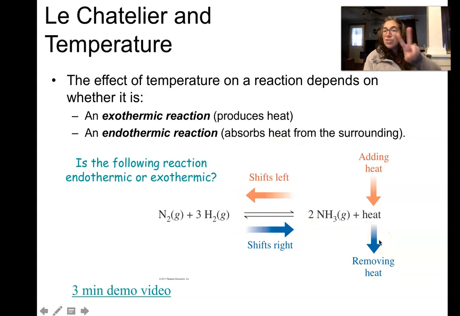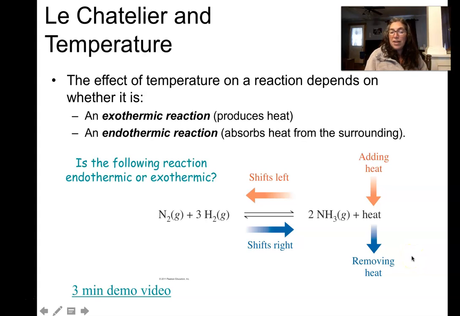So it's really just two rules to remember. If you add to one side, you shift to the other. If you subtract from one side, you shift toward that side. So in this case, if we were to increase the temperature of this reaction, we would actually shift it towards the left. It would make more reactants. Whereas if we decrease the temperature, we remove heat, it would shift it towards the right